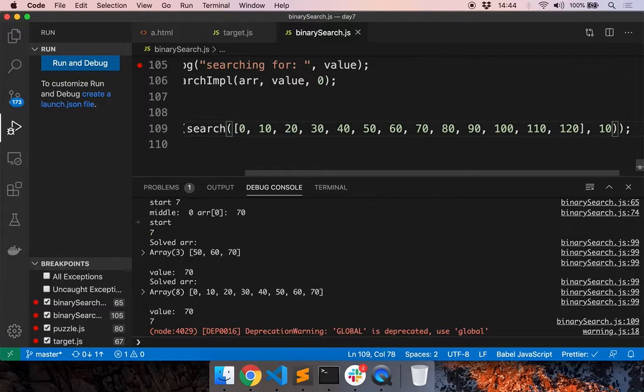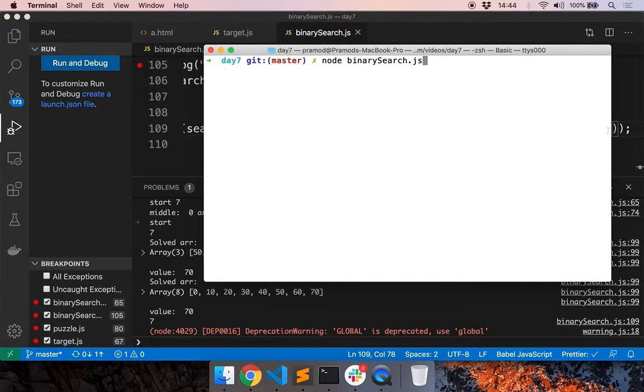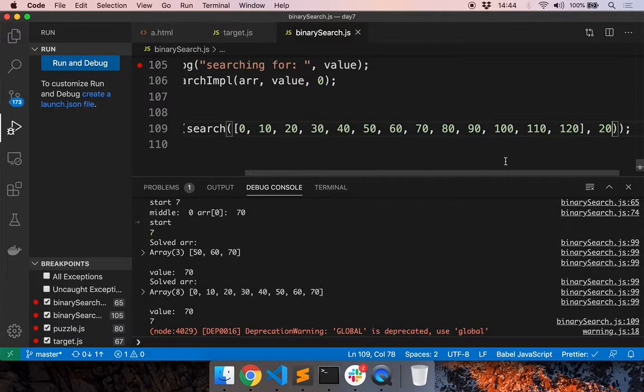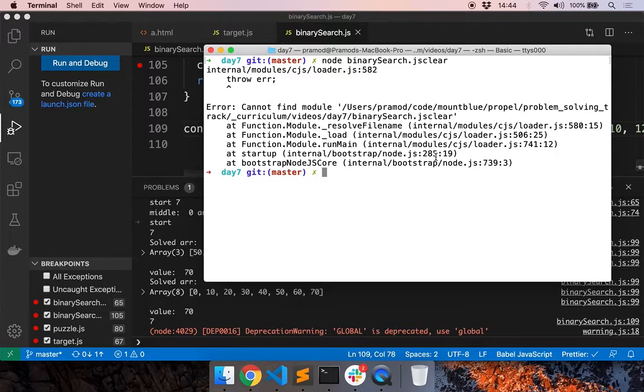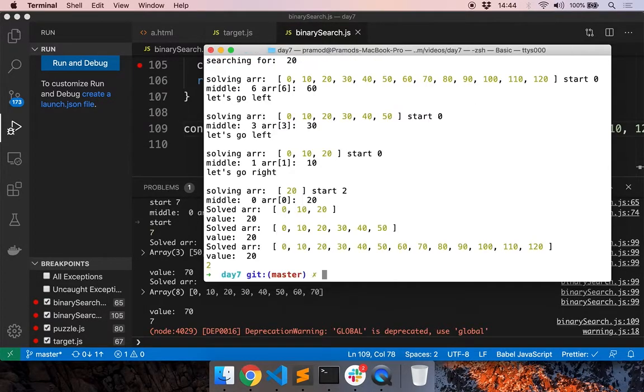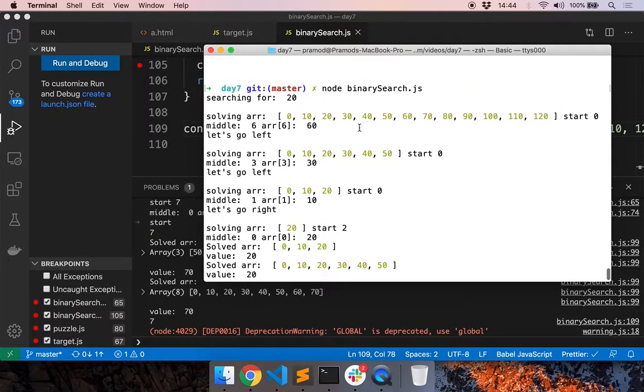Now let's search for 10, or maybe let's search for 20. What happened? All right, so in this case you can see that there are more iterations. So once again we'll go left in the first iteration, and now we have this new subproblem, and 20